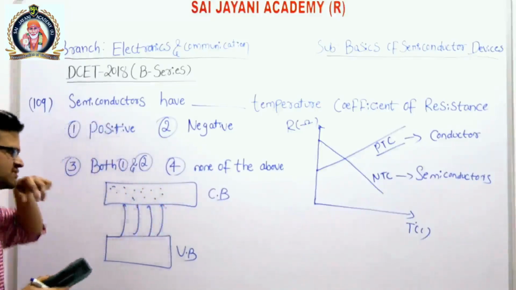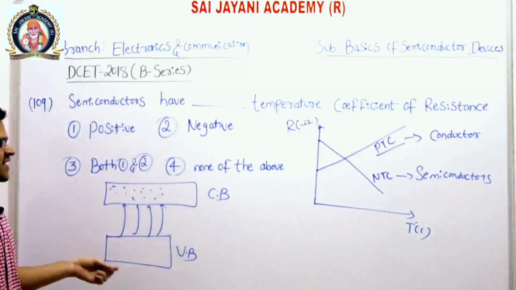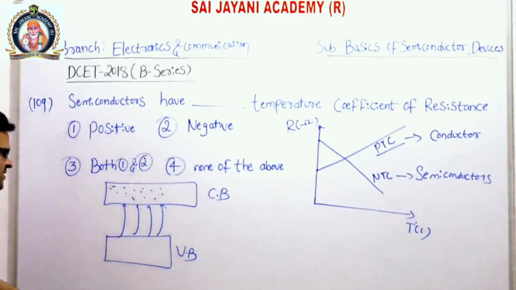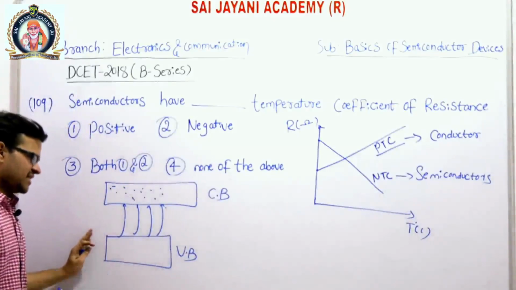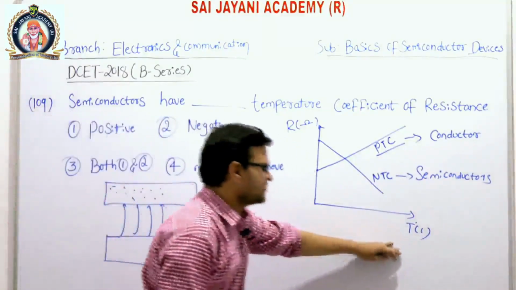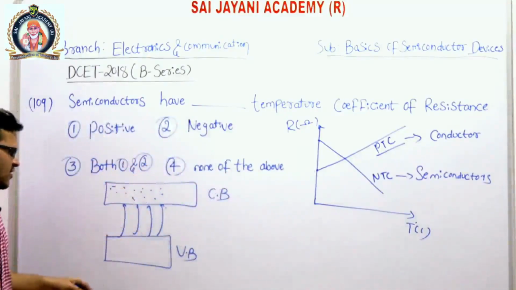And these free electrons increase the current in the semiconductor devices. That means the resistance of the semiconductor material decreases. So in semiconductors, if we increase the temperature, the resistance of the material decreases, because